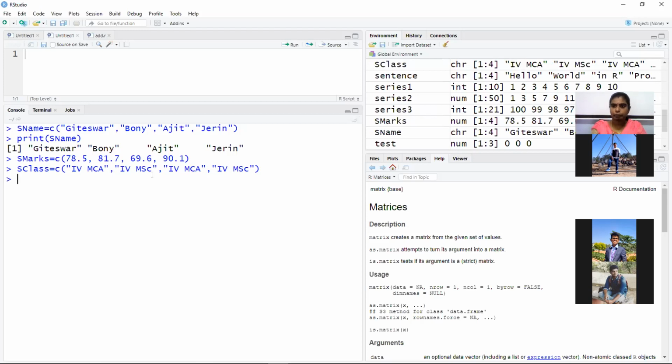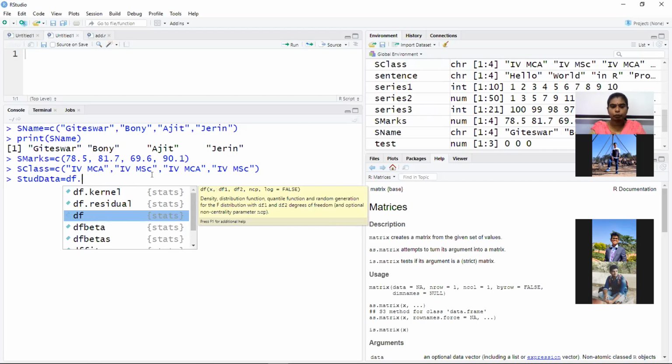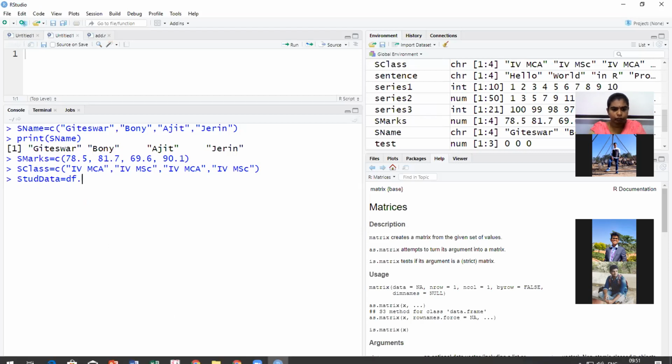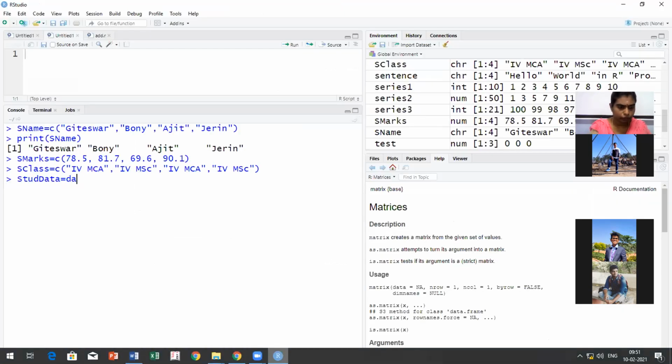Now I'm going to make it as a data frame. So let me say student data is equal to data.frame. What happens is this df is your data frame, so I'm going to use the function data.frame, and now we have to pass the vectors.